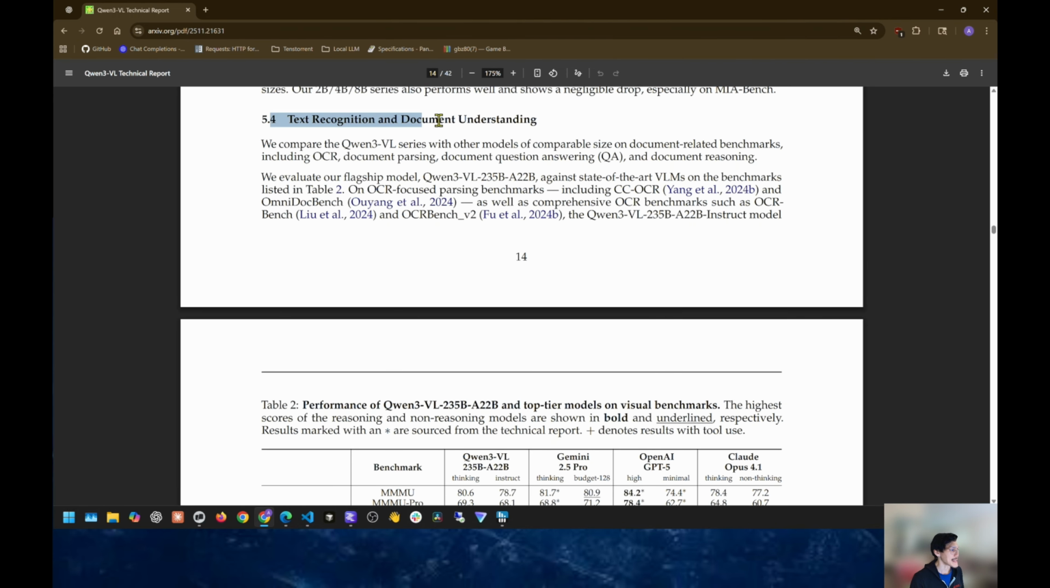Okay, text recognition and document understanding. We compare the Qwen3 VL series with other models of comparable size on document-related benchmarks, including OCR, document parsing, document question answering, QA, and document reasoning. We evaluate our flagship model, Qwen3 VL235B A22B, against the state-of-the-art VLMs on the benchmarks listed in Table 2. On OCR-focused parsing benchmarks, including CCOCR and OmniDoc Bench, as well as comprehensive OCR benchmarks such as OCR Bench and OCR Bench v2, the Qwen3 VL235B A22B instruct model